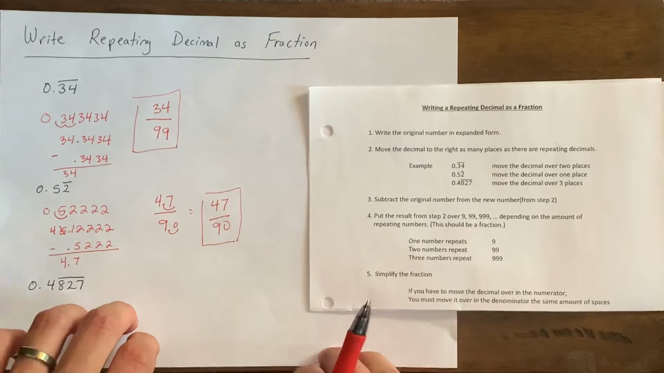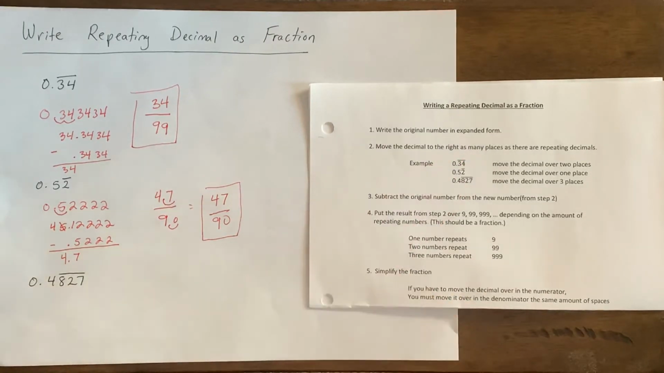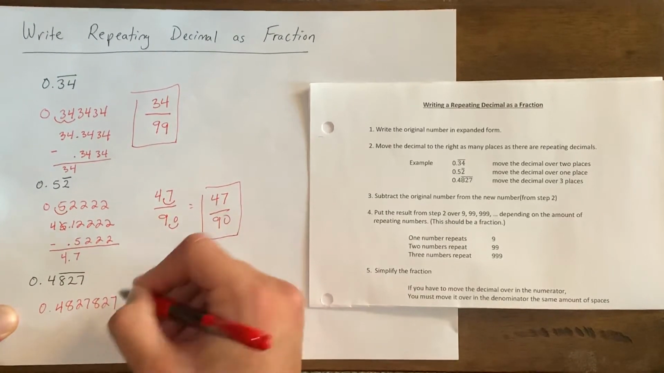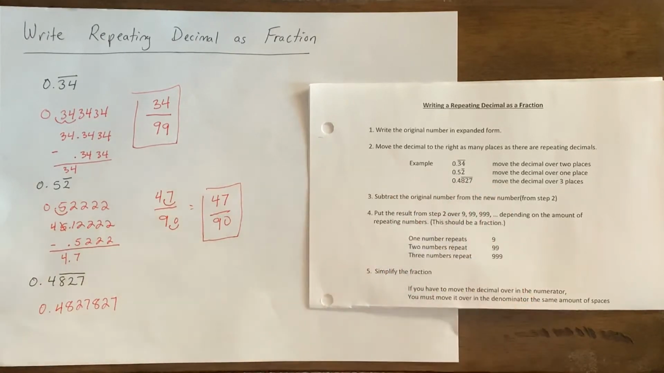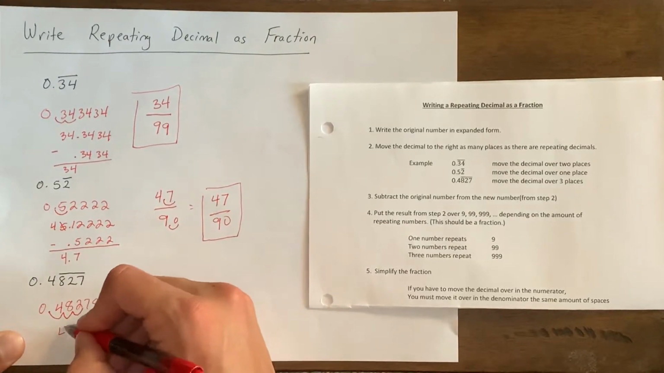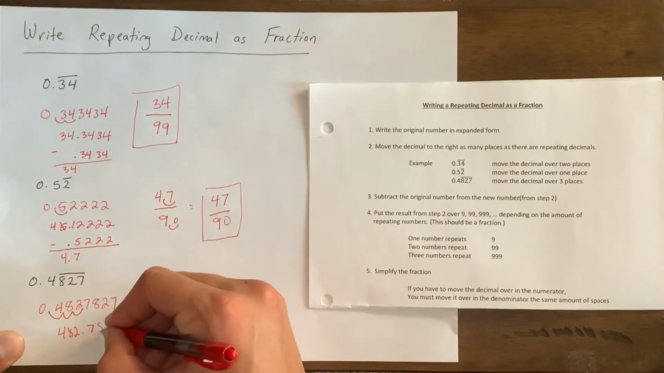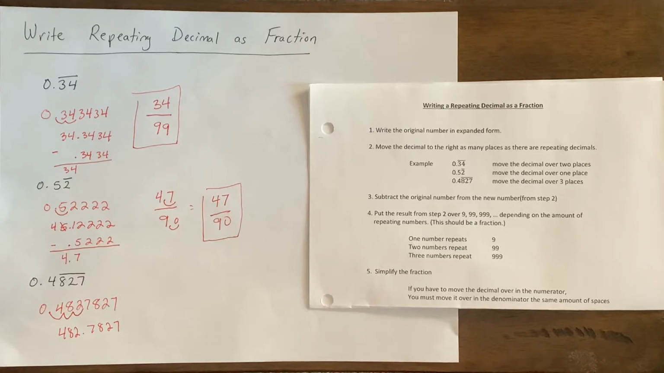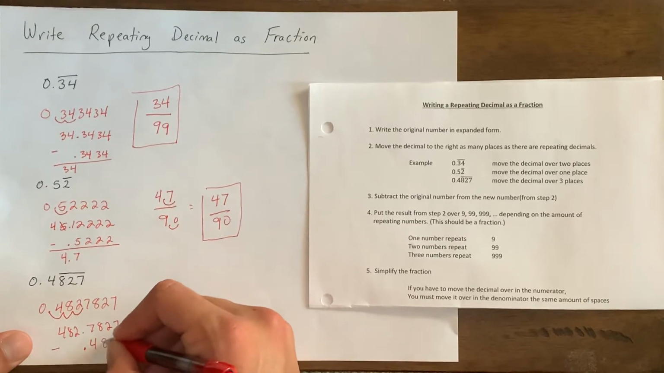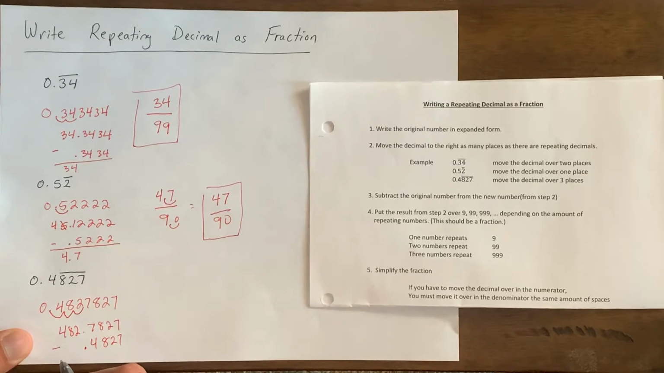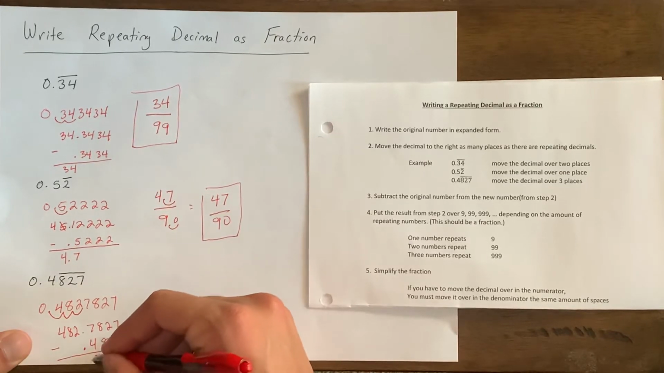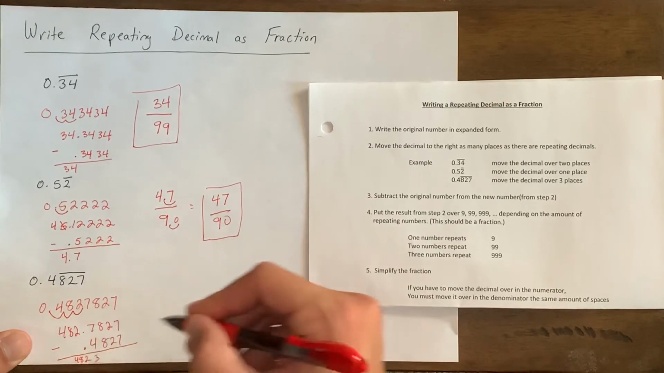In our last example, we have 3 digits repeating, so we're going to expand it. 0.4827827. So we expanded it. Move the decimal over the number of places we had repeating, which was 3. So I go 1, 2, 3. So I get 482.7827. Now I subtract my original number. So subtract 0.4827. We know that goes on forever. And subtract. My 7's are going to cancel, 2's cancel, 8's cancel, 7 minus 4 is 3. So I'm left with, I know it's kind of small there, I'll move it over,